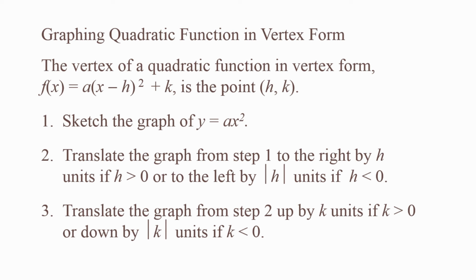If your parabola opens upward, the domain will always be all real numbers. Your range, k, will be the smallest value of y. So it will be y less than or equal to k. If your parabola opens downward, the k value of your vertex will be the largest value of y. So your range will be y is greater than or equal to k.